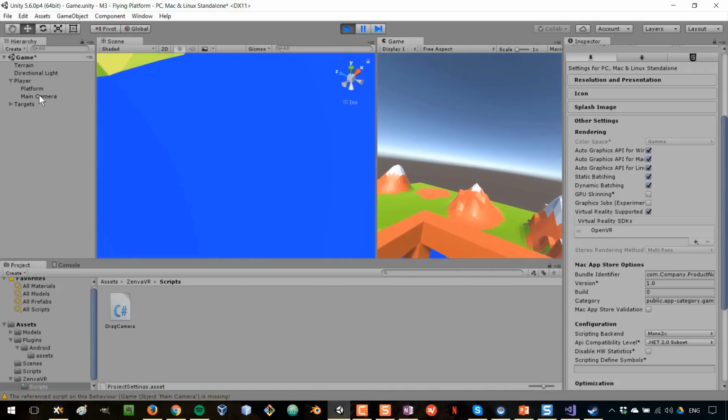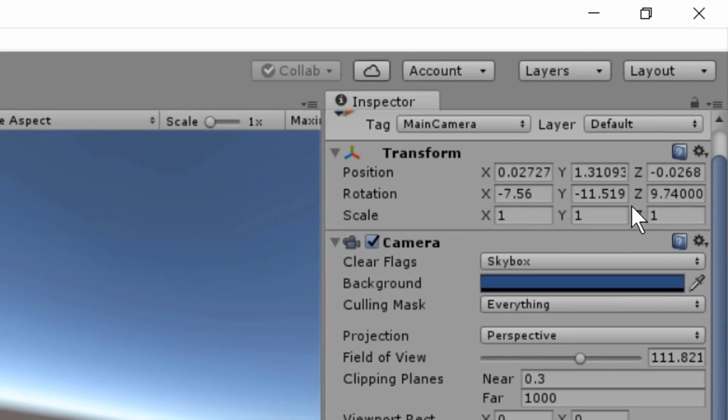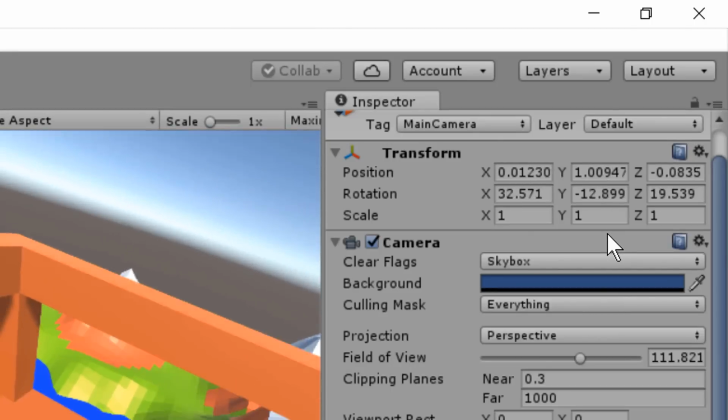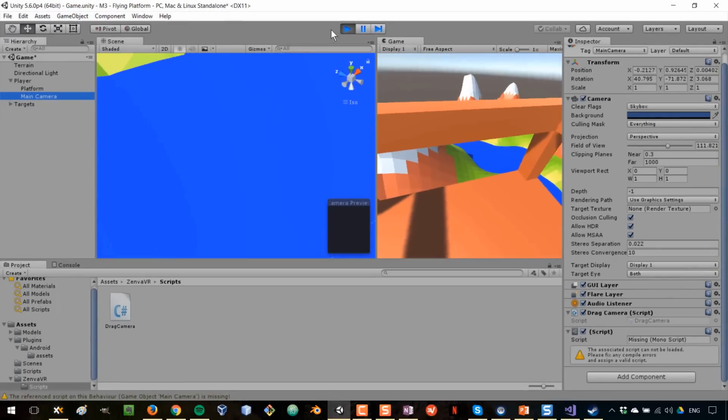And if we go to our camera, I can show you how the height of the camera is being set by the height at which I have it right now, since I'm seated with the headset on my head. So if I move it up, it goes up. If I move it down, it moves down. And one thing